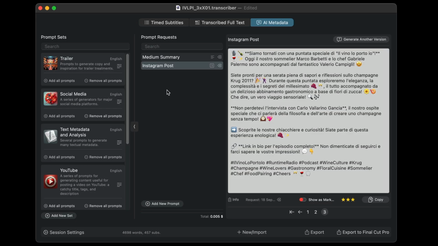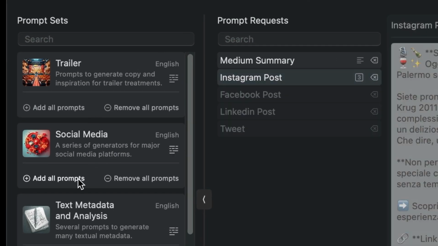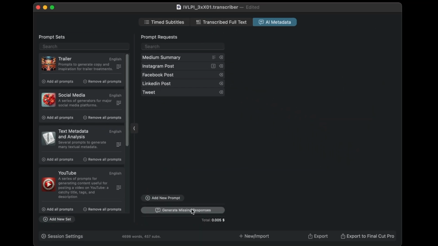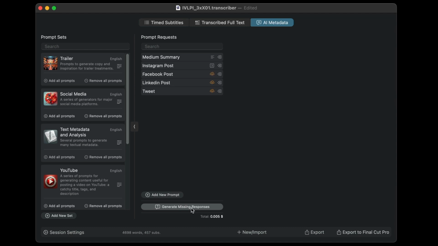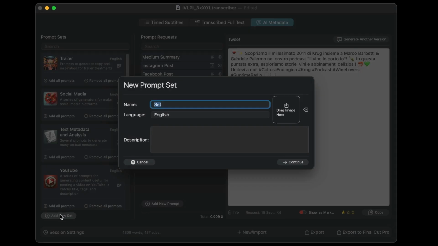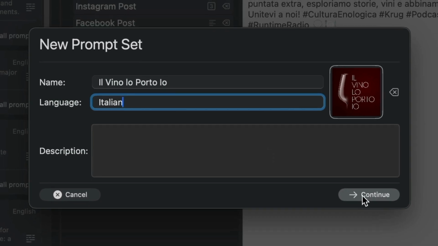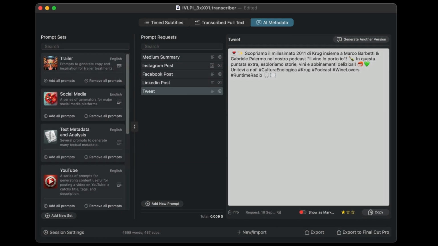If you are interested in adding the entire pool of ready-made prompts in a set, select the Add All Prompts button. This will quickly build the entire set of metadata, with very few clicks. Of course, you can create your own set by going to Select Prompts to group them as you wish. Click New Set, choose a name, description, possibly even an image, and then add one by one all the prompts that are useful to you to have them ready from here on out. Of course, you can also create new prompts, tailored to your needs.